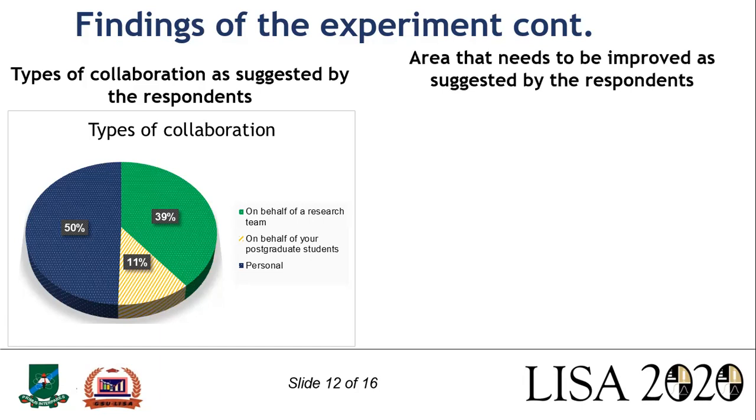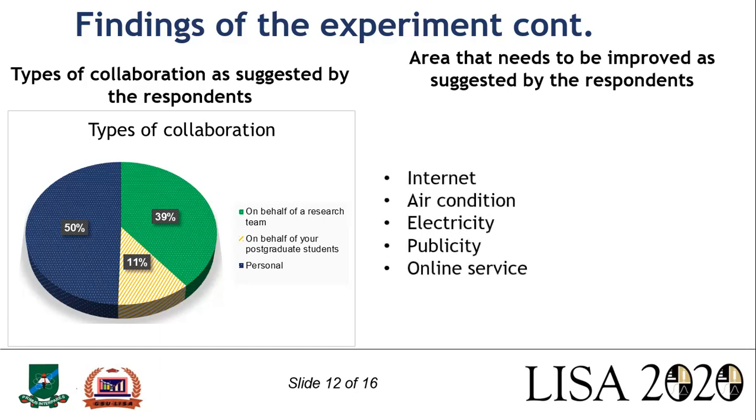So we inquired about how we can improve ourselves, and the respondents gave us these suggestions. They said we need to improve our internet. The internet we have in our lab presently only takes care of people that come to our workshop. So we only have data for workshops. We don't have data for research. We are hoping that in the future, maybe we're able to do better. And the air conditioning of the lab is not too good for now. The school is working on it. The electricity has also been our problem, but the school has always been there for us. Anytime we have workshops, there is a standby generator that comes on immediately the power trips.